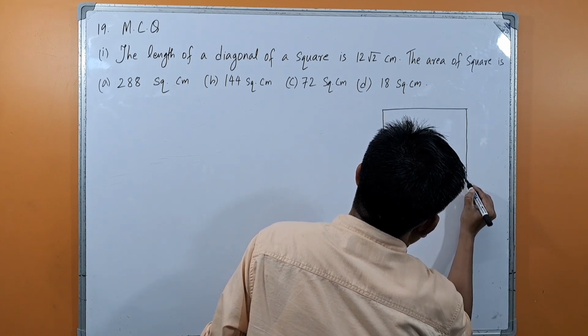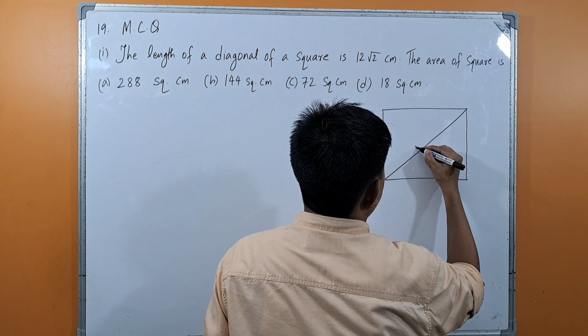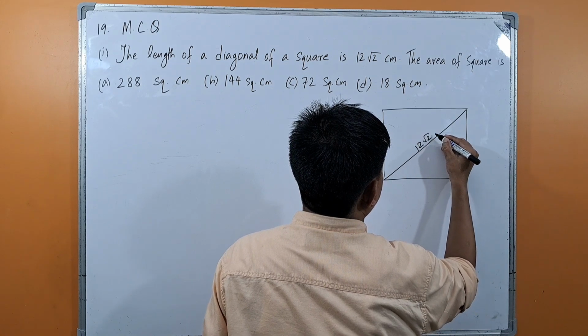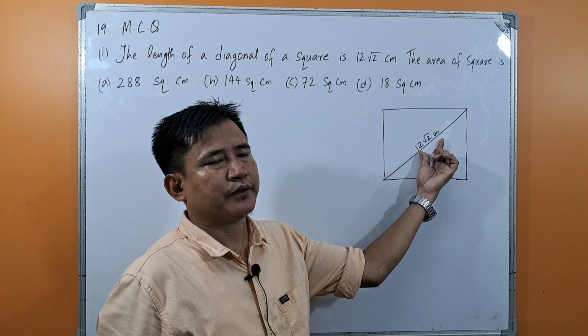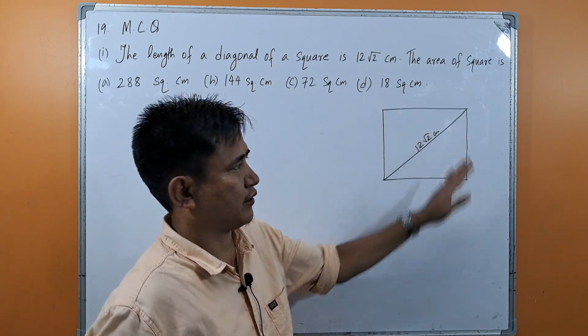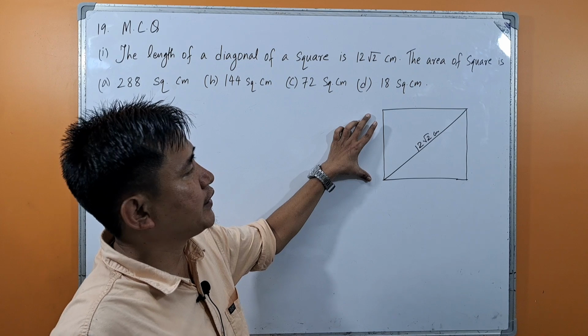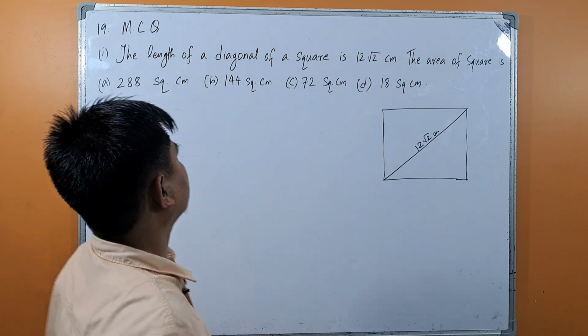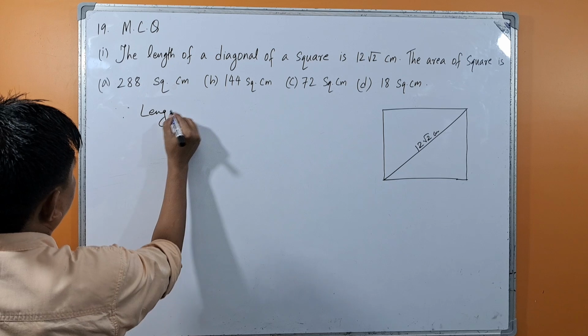So we have a square here and length of the diagonal is 12 root 2 centimeter. This is given. Length of the diagonal of this square is given. We are asked to find the area of this square. Okay, so to find the area of the square we need side, isn't it? First we have to find the side of this square. Since length of the diagonal